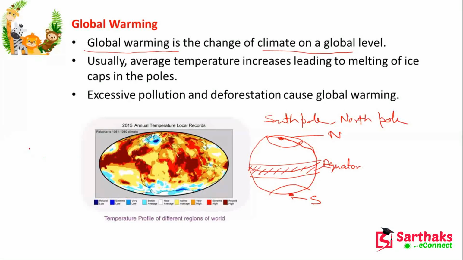So for global warming, we are responsible for the temperature increase. Then there is excessive pollution because of vehicles and industrialization. And deforestation, obviously we are doing deforestation. Some natural calamities are also responsible, but not only natural calamities, because they are